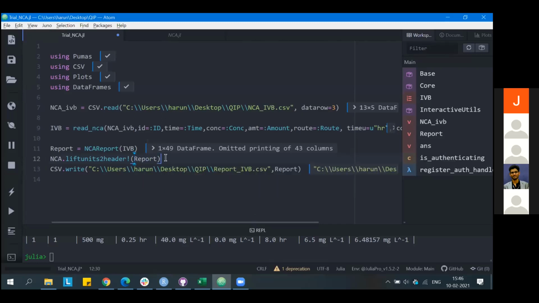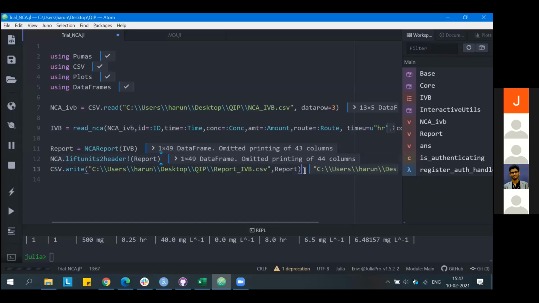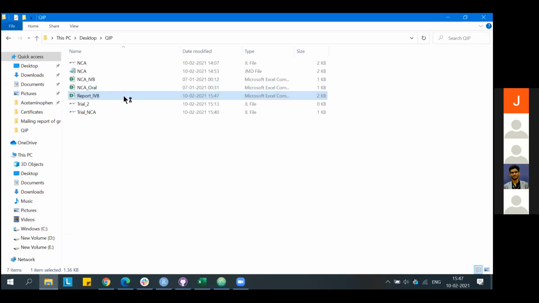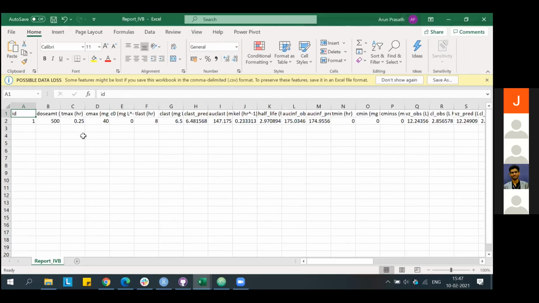So the next command, lift units to header, will completely shift all the units to the header row. Here, if you see the dose amount, within brackets it mentions mg. So you don't have anything along with the parameter estimates. I can just rerun this export option, and if I open it again, you don't have any units in the parameter estimates.